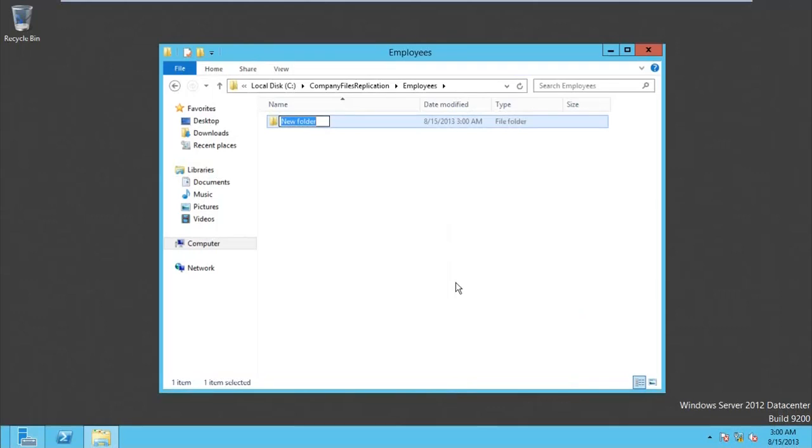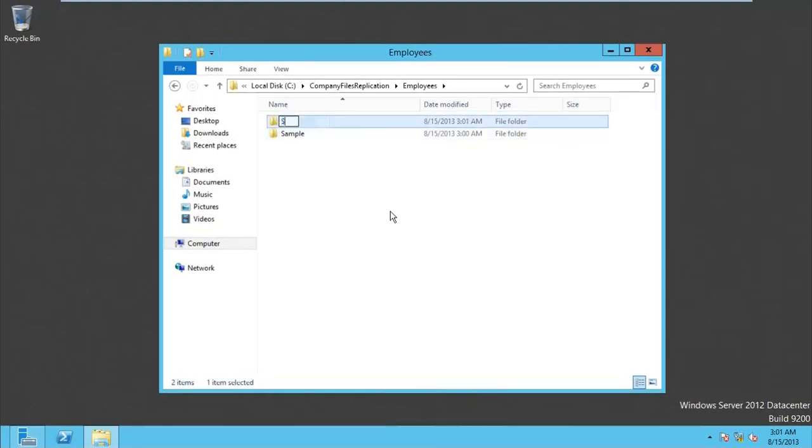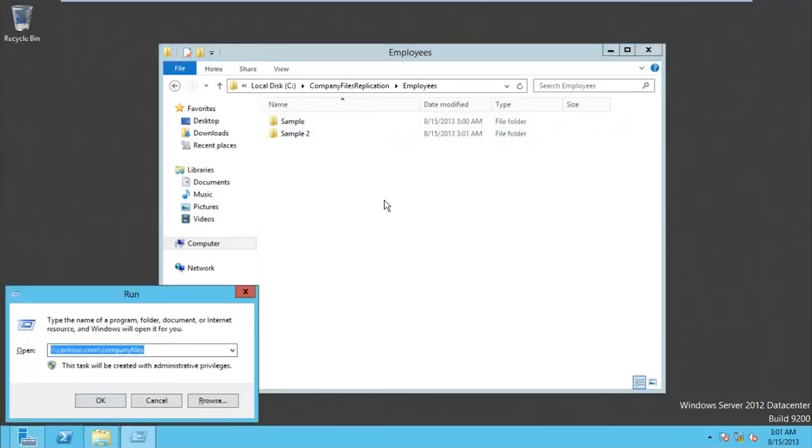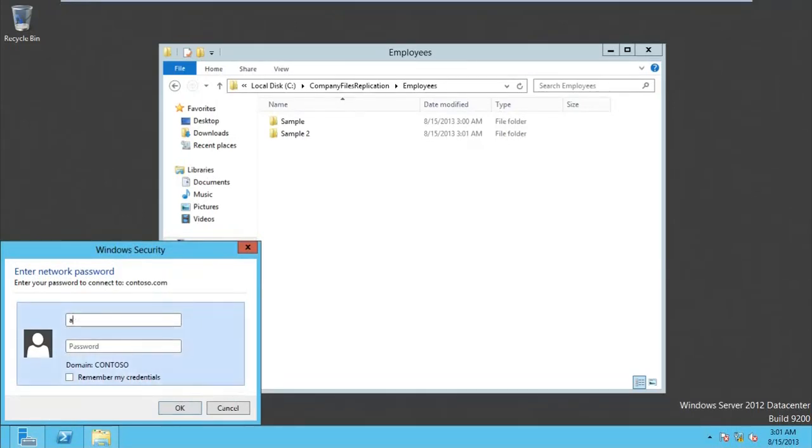Okay, so call it files, or let's call it sample. Okay, take note we're creating this from DC2 server. Alright, sample 2. Okay, now from DC2, if I try to access the namespace we created earlier, which is this, company /control/company files, enter. Okay, I'll be asked to